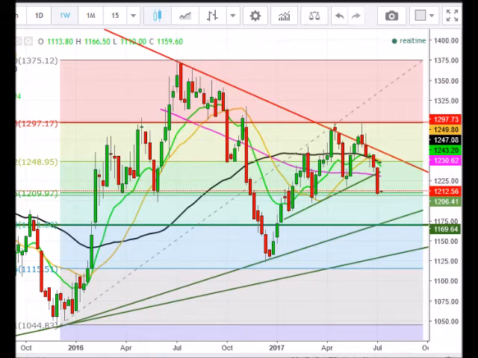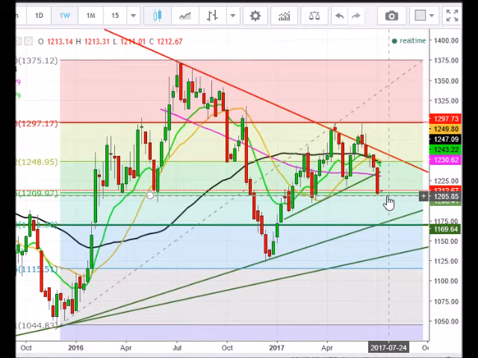Before you have gold. I'm taking a look at the weekly time frame to try to see exactly where the support and bounce potential will be as far as a dramatic move. Looking at this, you can see that we were chopping around this 50% retracement level here, around 1206, 1205 or so.